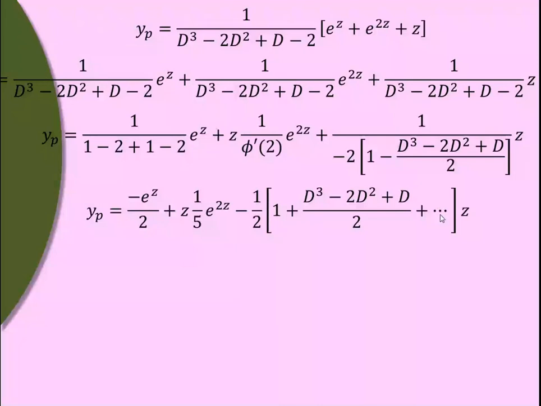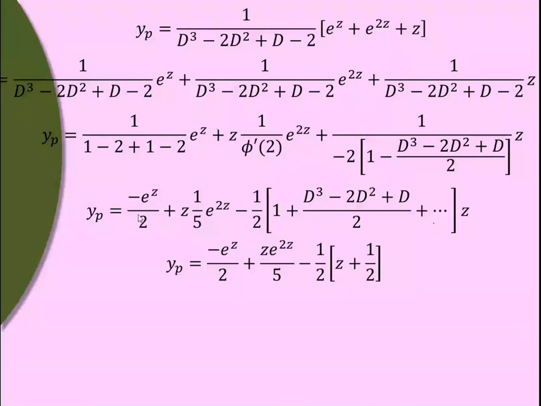Now here, after this, the next term is the square of this, but that will be higher power than 1. Skip it. Next term, cube. Cube will be higher power than 1. Skip it. So only take the terms in which we can get the value of D up to power 1. Rest of the terms we have to skip. Now take z inside. D cube z will be 0, so no need to write this. Third derivative of z is 0. D square z, that is also 0. D of z, 1. So only this term we have to take. Rest of the higher power terms than 1, you have to skip, because all that term will be 0.